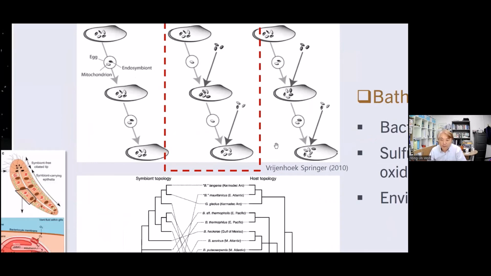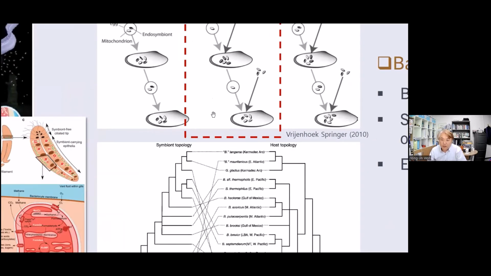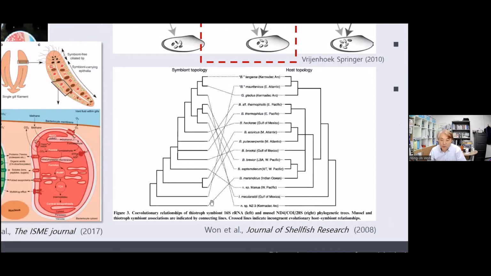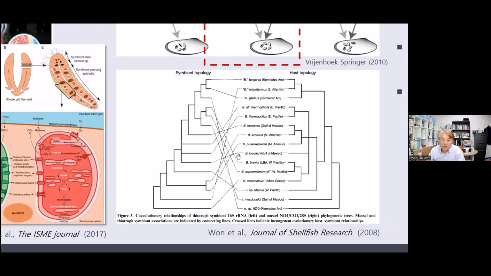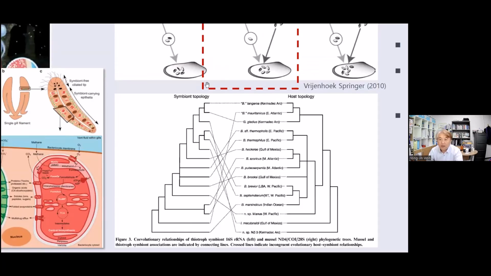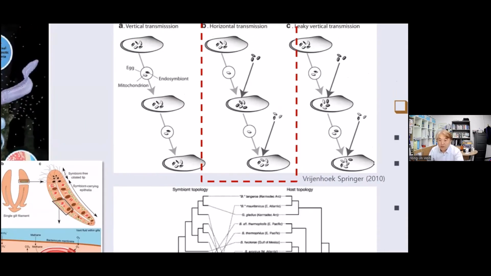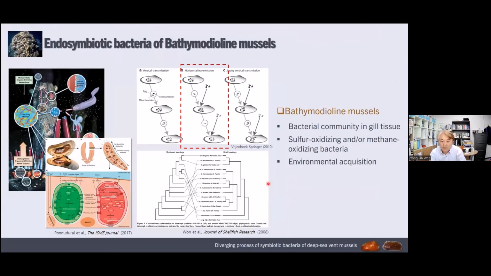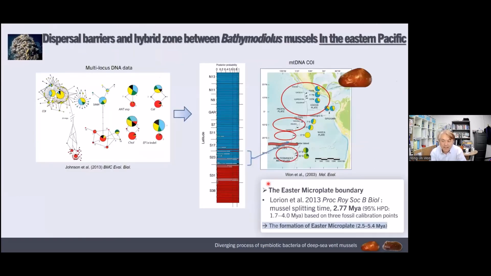Anyway, for these deep sea mussels, the symbiont topology and host topology show very different, unmatching shapes. That indicates that symbiotic bacteria and host deep sea mussels evolve differently, independently. So this strongly indicates that horizontal transmission is the major mode of bacterial origin. And in the EPR,